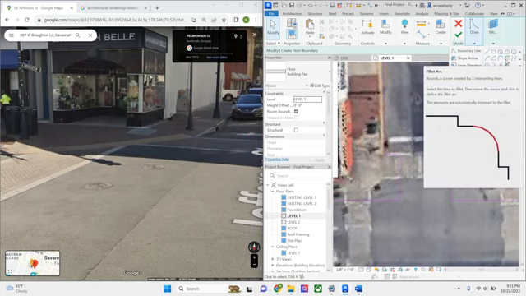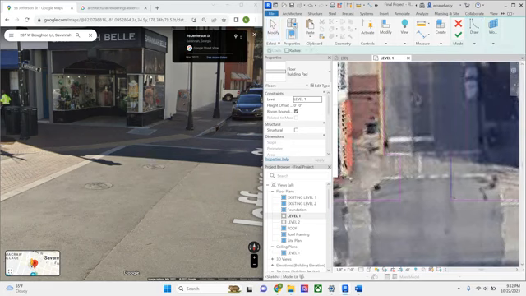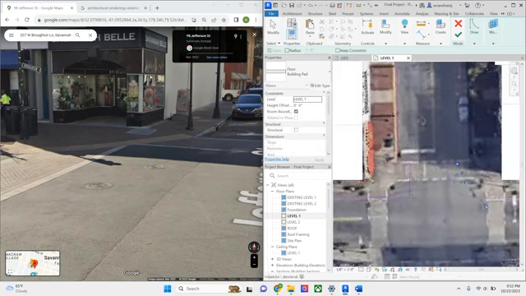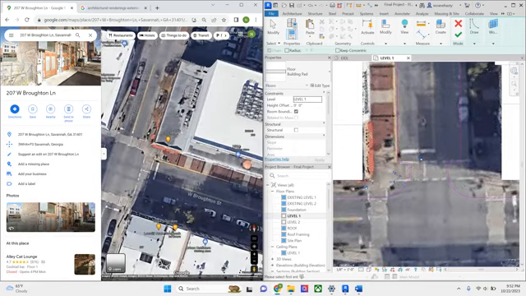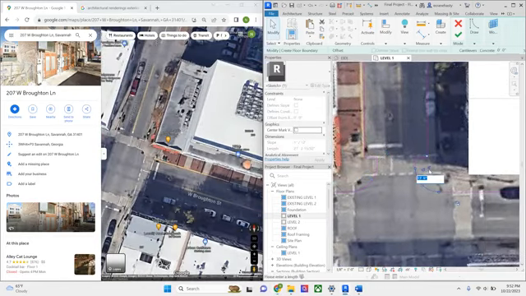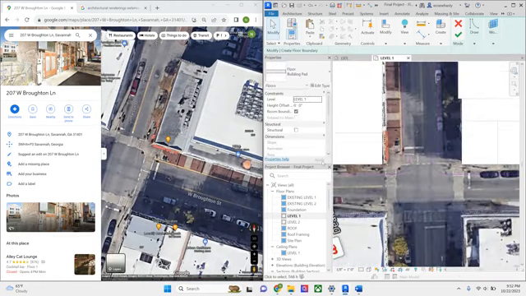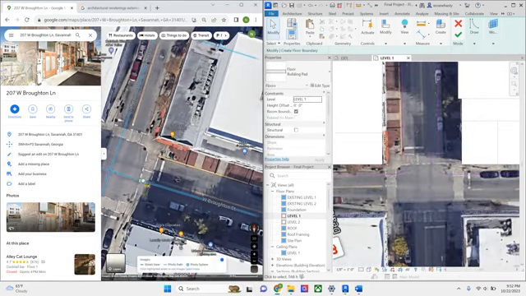This will show you an example. You just click 2 lines. Here we go. And then it creates that fillet for you, that arc area. So we'll use that one, and I'll come here and click this. And it looks good. 13. I'll probably change it to 15. Because it does look like a big arc. 15. And then it arcs again